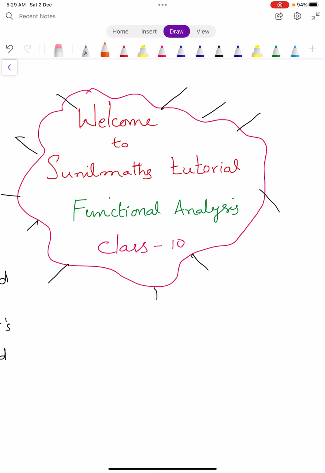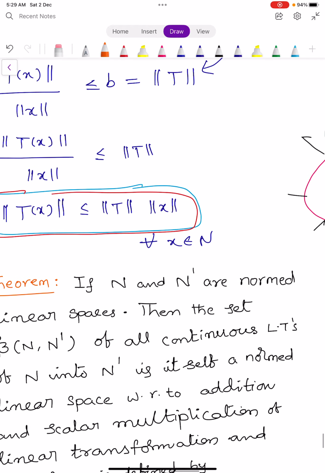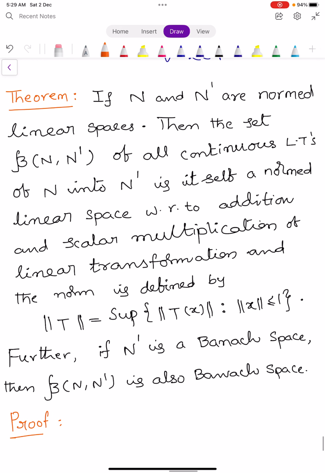In this video, we prove a theorem. Let us see the statement. If N and N dash are normed linear spaces, then the set script B of N comma N dash of all continuous linear transformations of N into N dash is itself a normed linear space